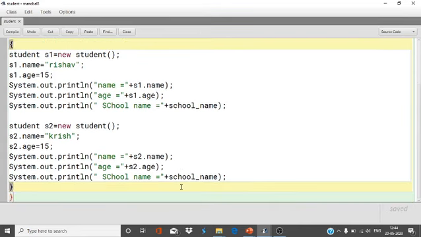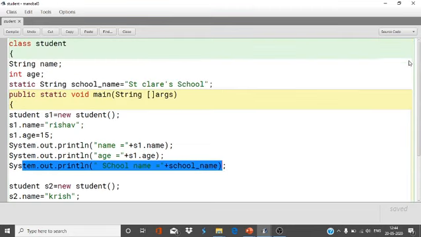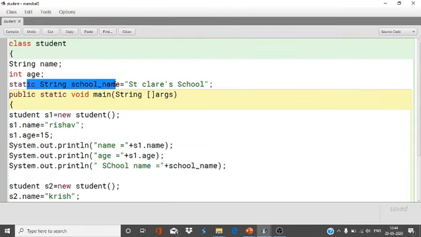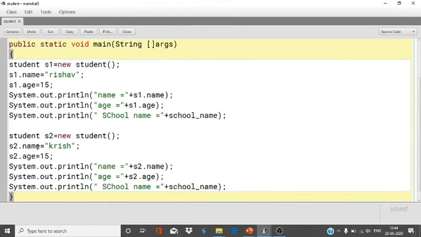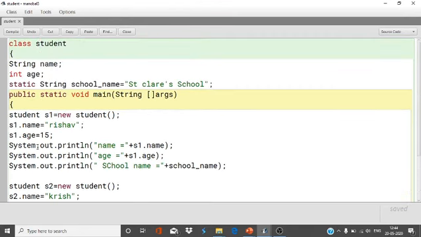So however many students you want, you can store here, but for all students only one common thing is there, that is the school name, which is executed only once and allocates the memory only once. Otherwise, if you remove this, then each time you have to create different memory and use that. So it shares the common memory in the program.